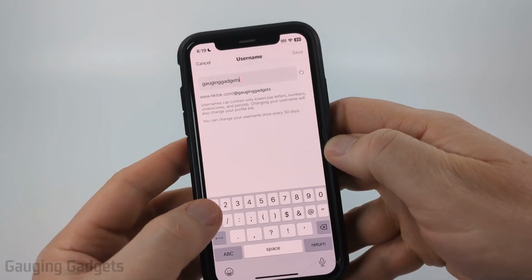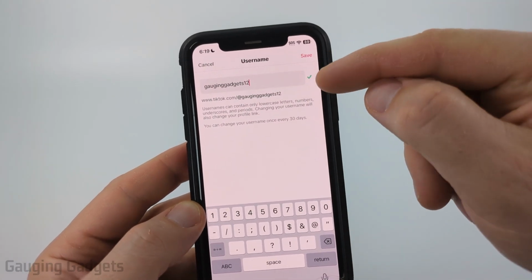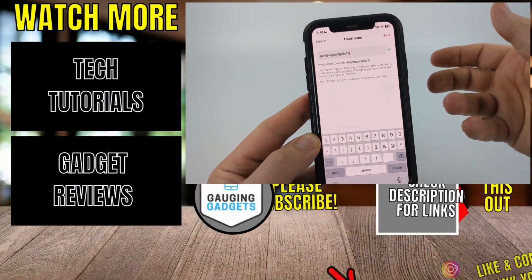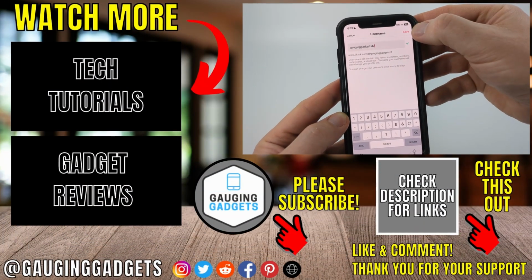So you can go ahead and change this username however you want. And if you see a green check next to it, then that username is available. And then all you need to do to change your username is simply select save, and then your